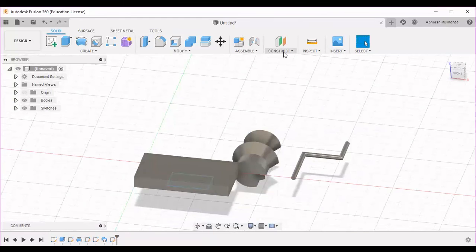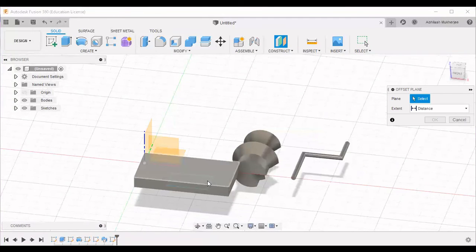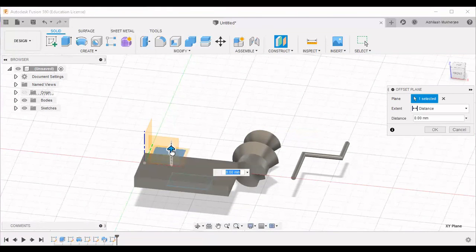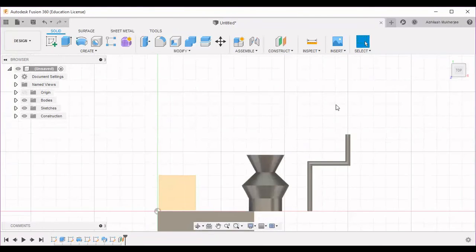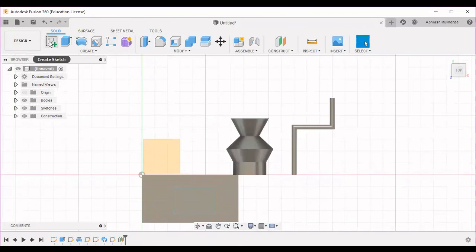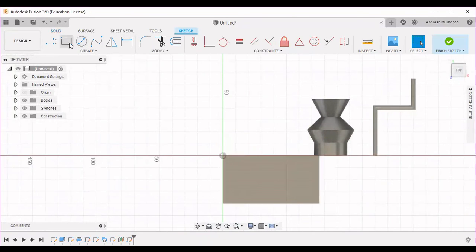We need to change the plane, offset plane from this plane to upward somewhere here, whatever the value is. Then again we go to the top, we draw a rectangle again on this plane. Let's say here.